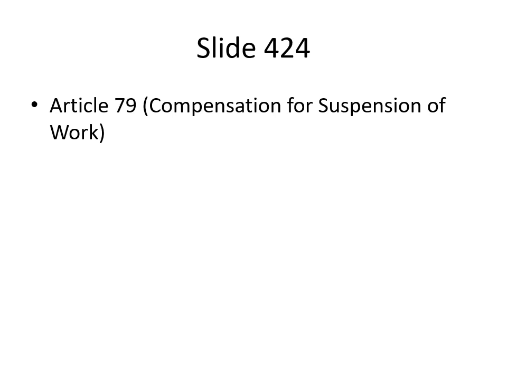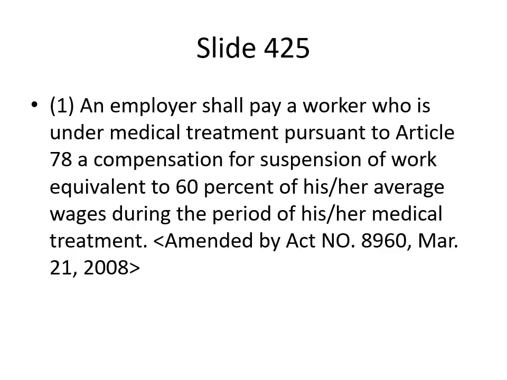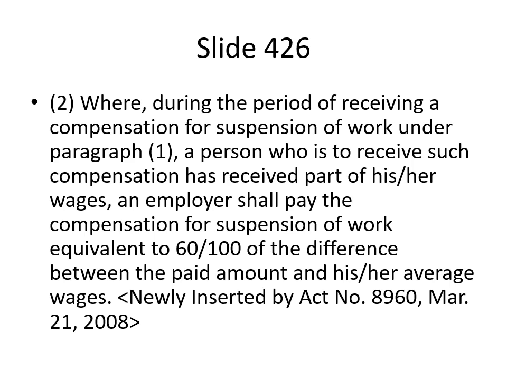Article 79. Compensation for suspension of work. 1. An employer shall pay a worker who is under medical treatment pursuant to Article 78 a compensation for suspension of work equivalent to 60% of his/her average wages during the period of his/her medical treatment. <amended by Act No. 8960, March 21, 2008.> 2. Where, during the period of receiving a compensation for suspension of work under paragraph 1, a person who is to receive such compensation has received part of his/her wages, an employer shall pay the compensation for suspension of work equivalent to 60/100ths of the difference between the paid amount and his/her average wages. <newly inserted by Act No. 8960, March 21, 2008.>